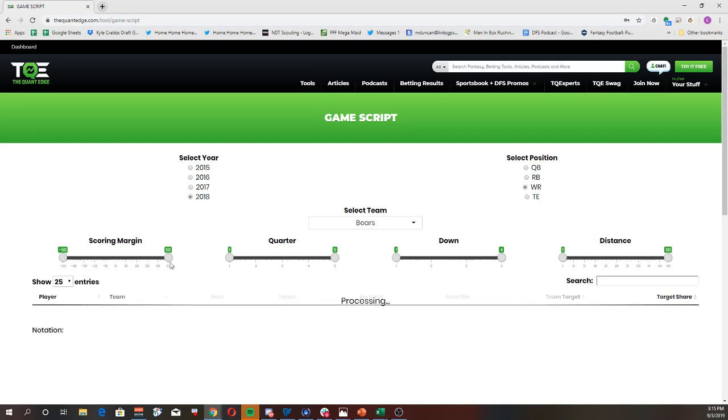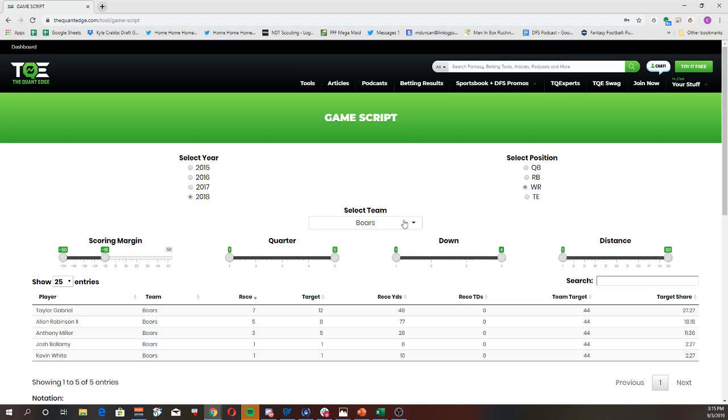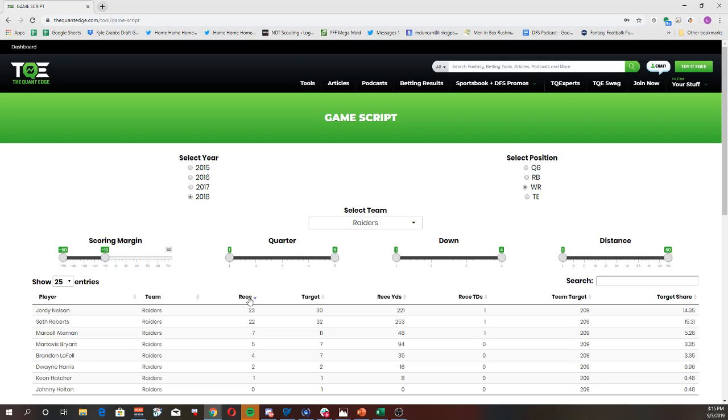We can see wide receivers in negative situations, when a team is down by 10 or more, for, let's just say, the Oakland Raiders. Now, obviously, they have Antonio Brown this year, so it might look a little bit different. But we might get a sense that certain guys really perform much better in garbage time. Now, it's not necessarily going to happen every time, but we can get a sense. We can look at the target share, the team total targets in this situation, receiving touchdowns, receiving yards, targets, receptions.